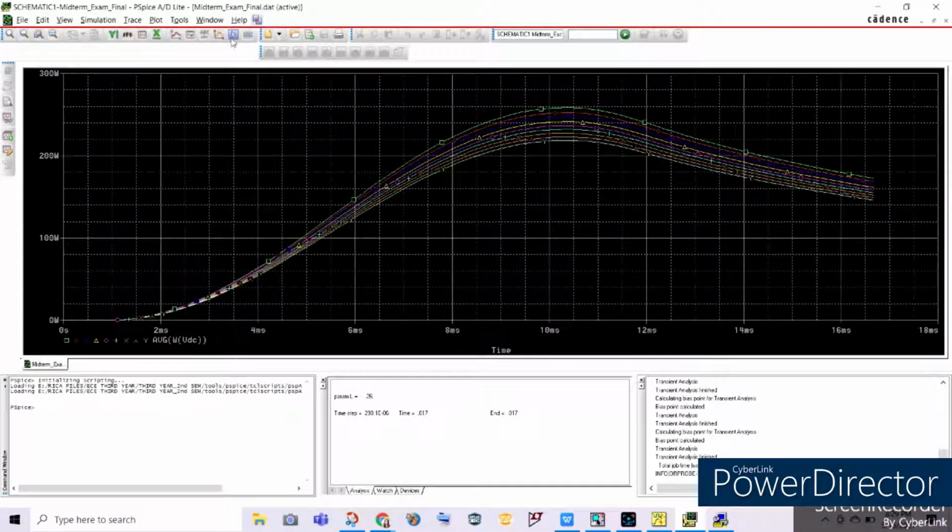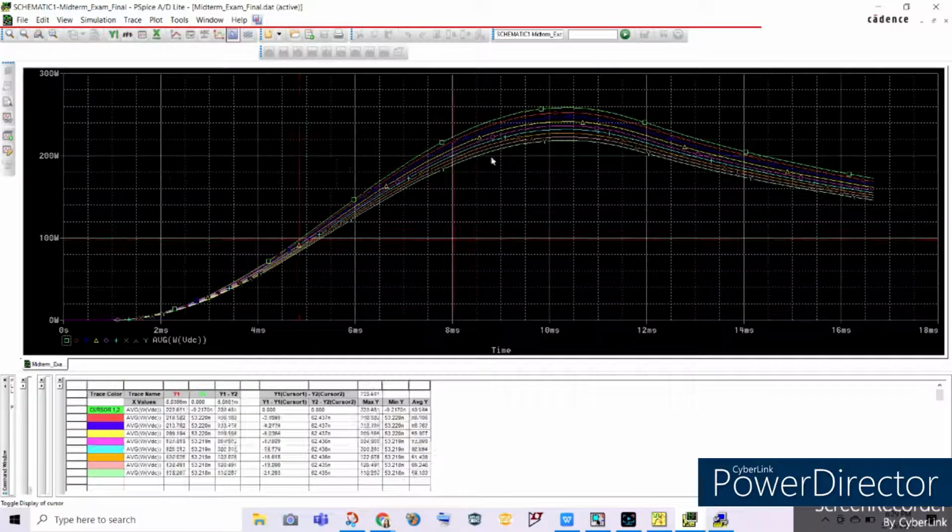So now to analyze our parametric sweep, let's toggle our cursor on. As you can see here, these are the values of the average power across our DC voltage source. So if you will be observing,